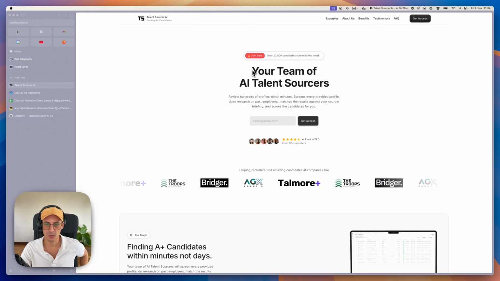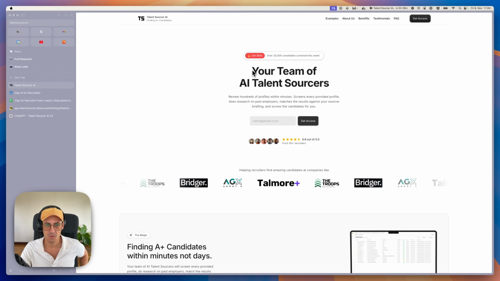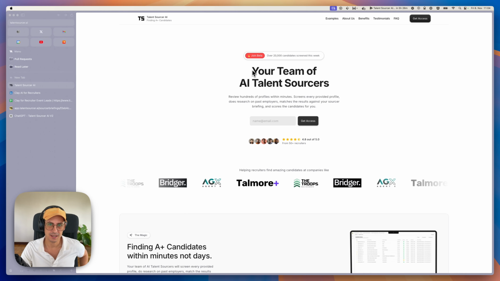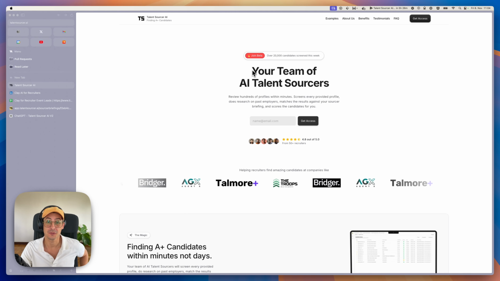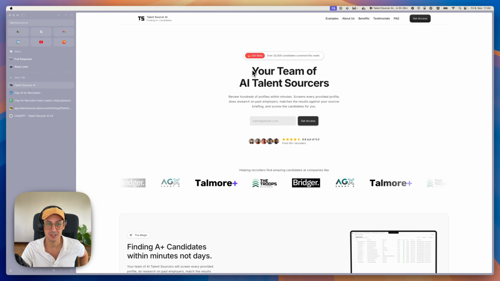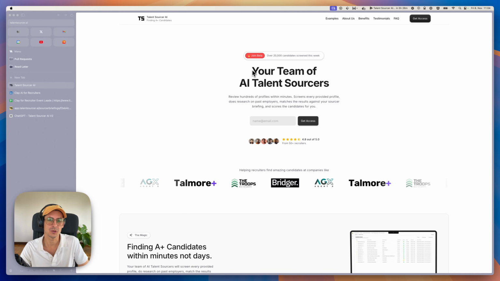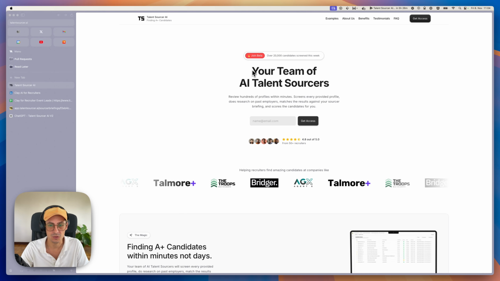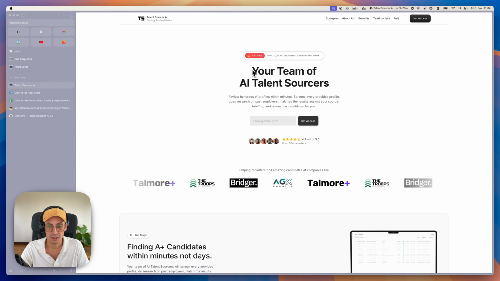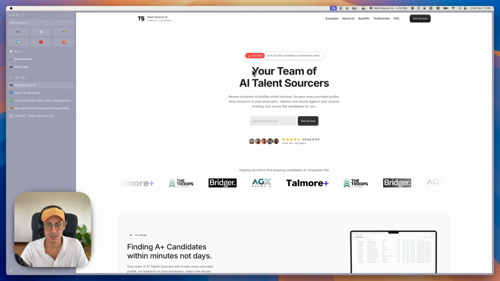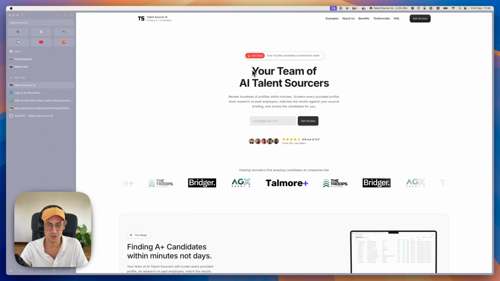So most people don't know about Talent Source AI. When I built it initially, Clay was more or less the front end for it. So I didn't actually have a UI. You could only use it as an API integrated into Clay. So even though there is now obviously a front end and more people can use it, not only Clay users,